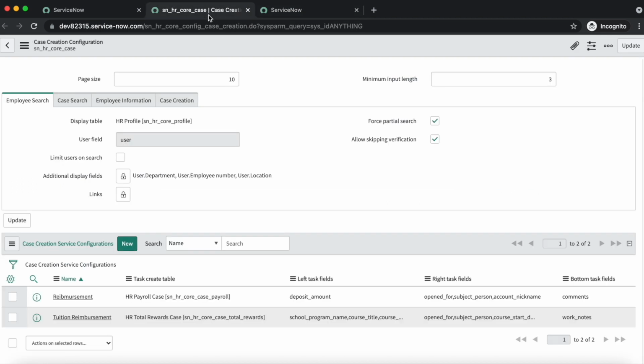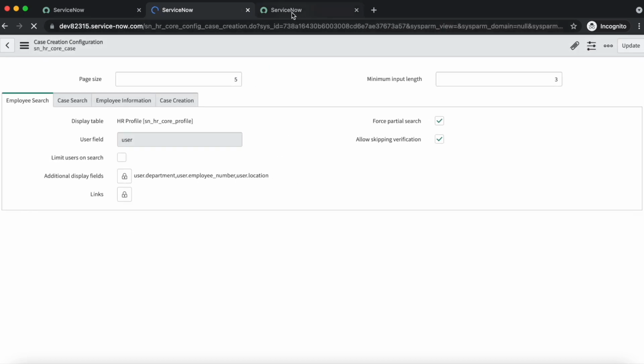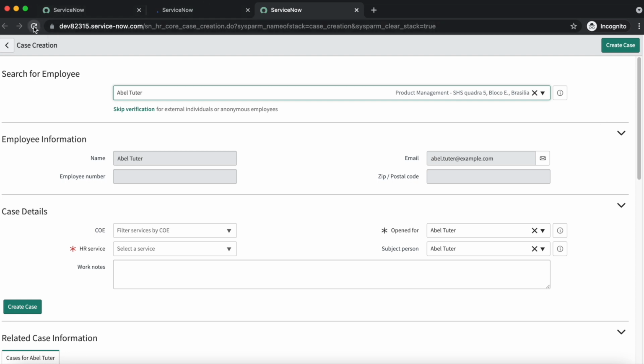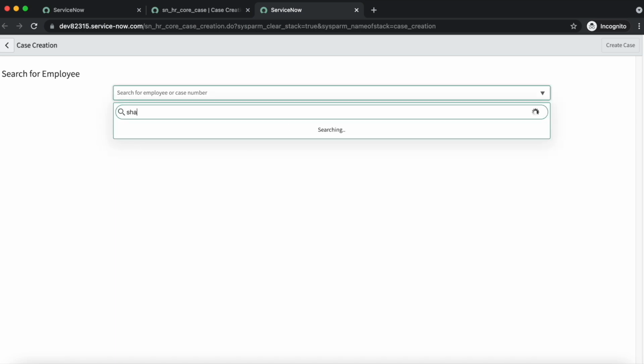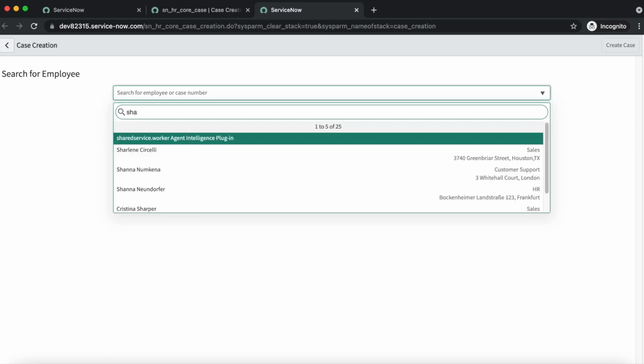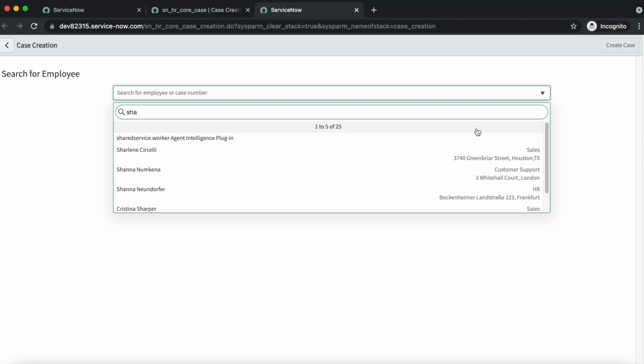So if you want to set some value at which the page breaks, like if I set 5 here and save it, and again reload the form and type SHA, you can see that we have only 5 records visible now out of 25.